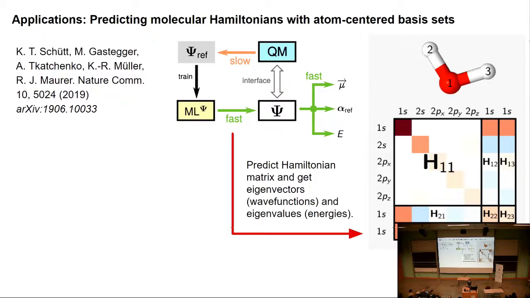I have some good friends at TU Berlin who just put this awesome paper out. It's a Nature Comm paper, where they're basically using networks to predict the Hamiltonians of small molecules with very high accuracy. And then from there, you can also get wave functions, charge densities. Super cool, great paper, recommend reading it. Problem is that their network is not rotation equivariant, so they did have to train with augmentation. And in this case, one of the molecules they're doing is water. And so you actually have to show it many different distorted versions of water in different orientations for it to